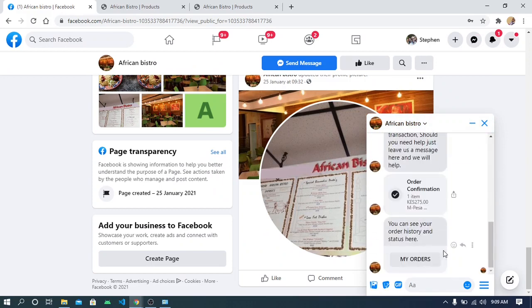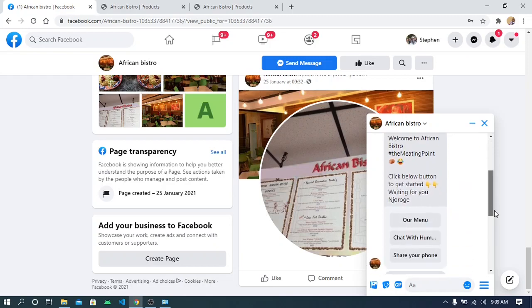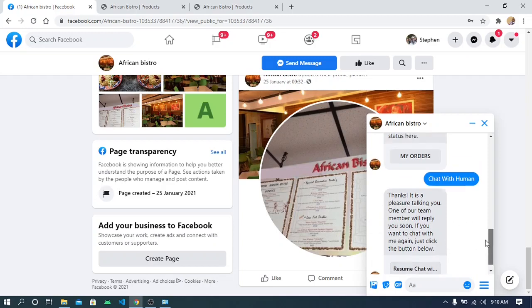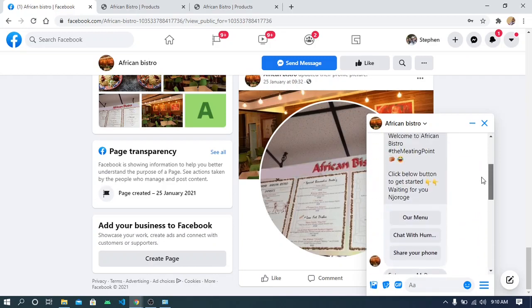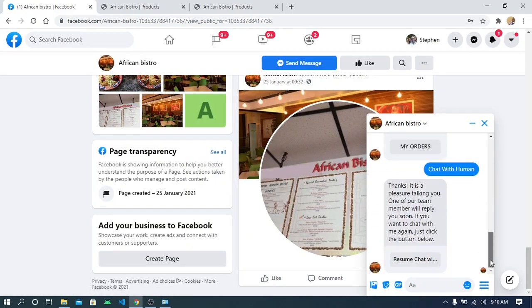You're also able to chat with a human, request that you want to chat with a human. This will trigger an email or an SMS as you said, and also you're able to share your phone number. You can just input your phone number. This will be shared with the hotel just in case your issue wasn't solved. And you can see that